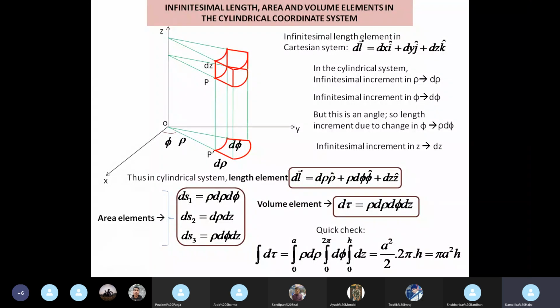Can everyone imagine what a cylindrical volume element looks like? Have I been able to explain myself? Okay, so the next time you cut a birthday cake, or one of your friends or family members does, just announce that what you are eating is rho d rho d phi dz.